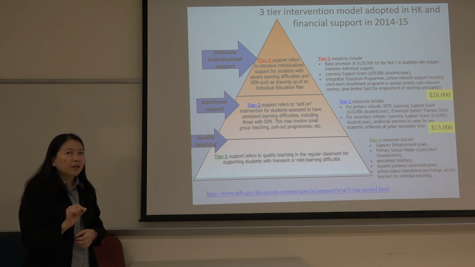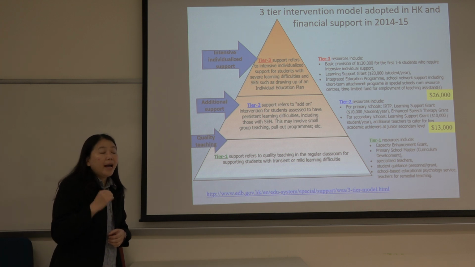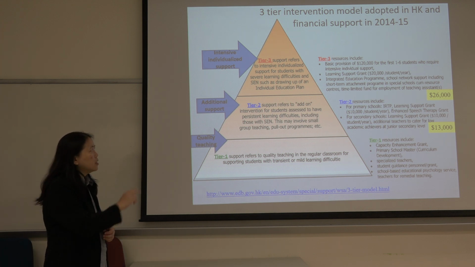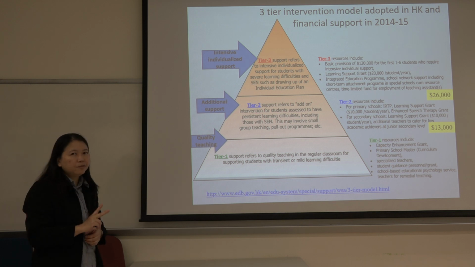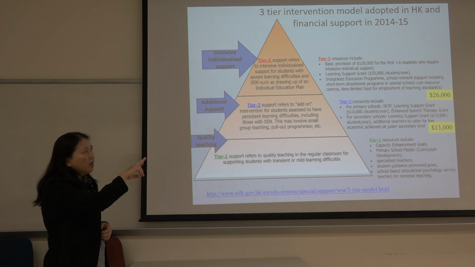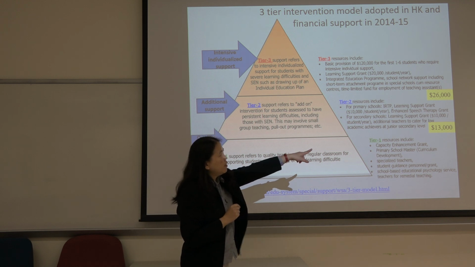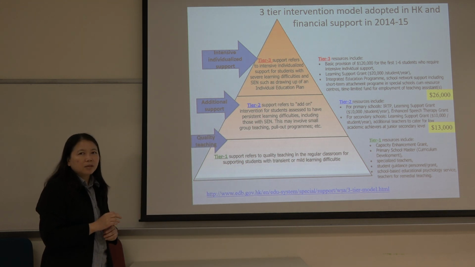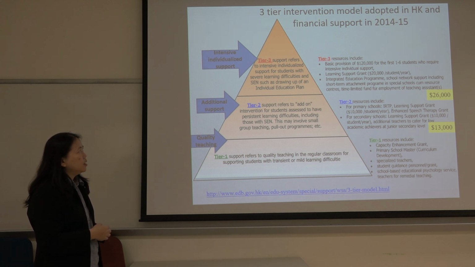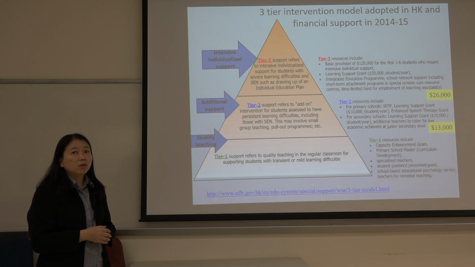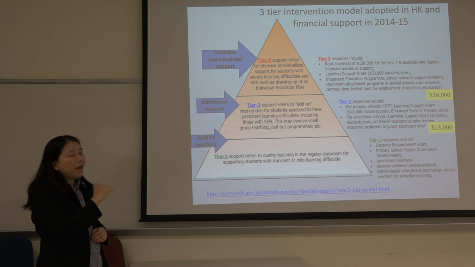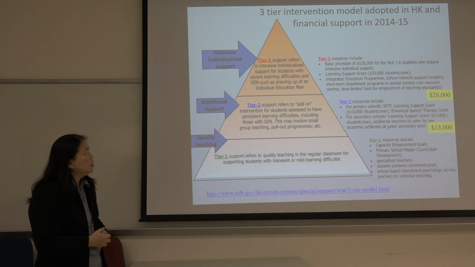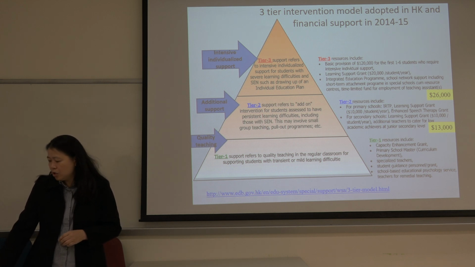The main thing that I actually emphasize quite a lot is the difference between Tier 2 and Tier 3, because these will have the funding given by the EDB, while Tier 1 students don't have any funding from the EDB. And educational psychologists are the ones who define who are at Tier 2 or who are at Tier 3. Okay, right. So moving on,